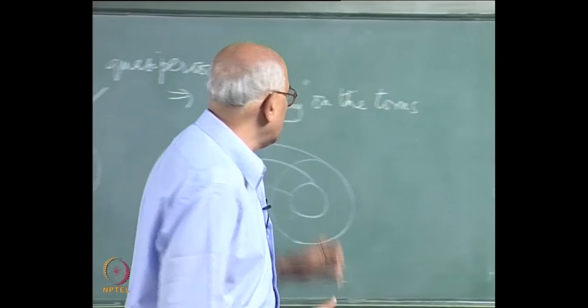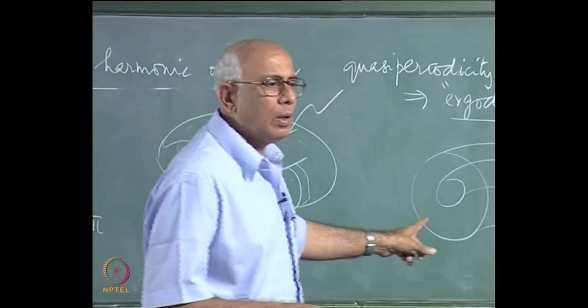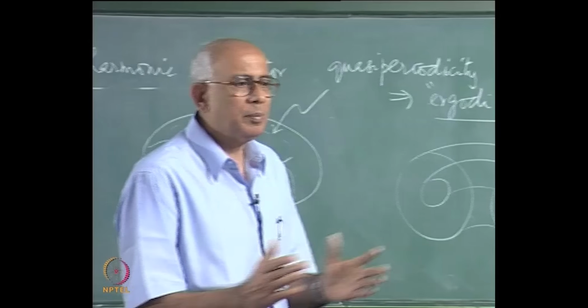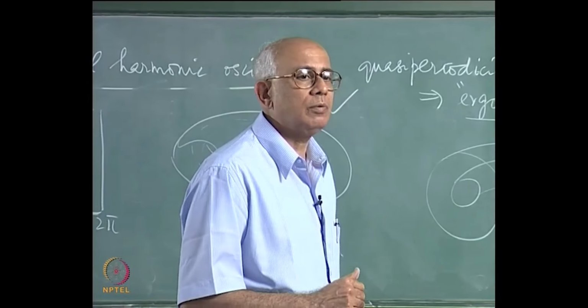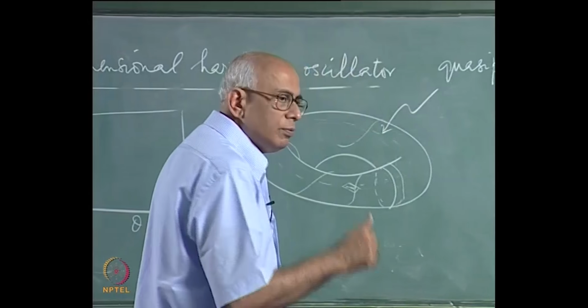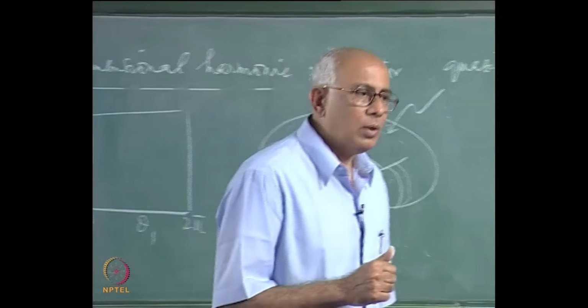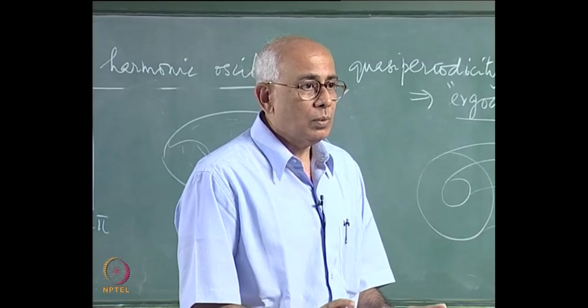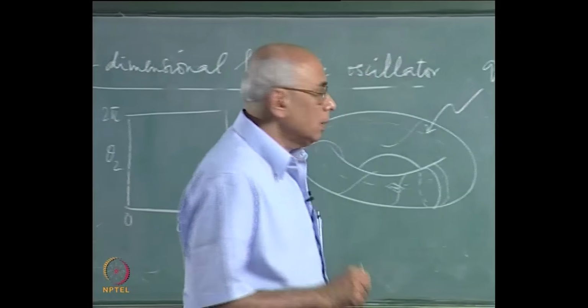The fact that the cross section is a circle, we are talking about topological aspects here, so the fact that the cross section is a circle instead of an ellipse and so on, this makes no difference, that is simply a choice of units. What is particularly special about the harmonic oscillator? The equations of motion are linear, that is certainly true, it is not a nonlinear system, but what is very